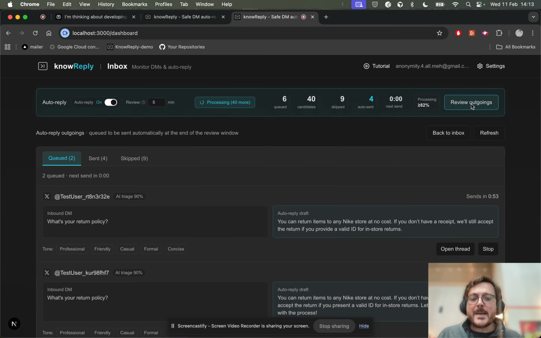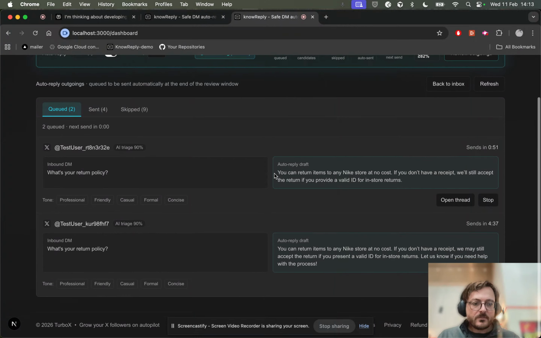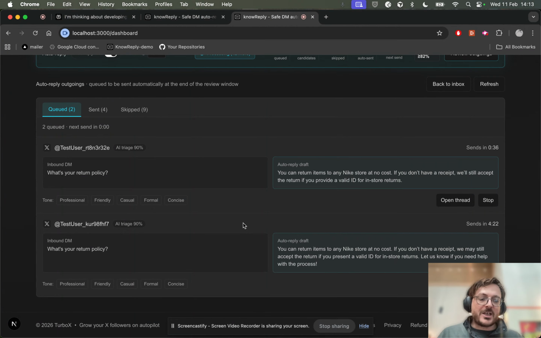Let me show you exactly what happened when I open the detailed view. This is the outgoings queue. So these are responses that have passed all checks and that are set to be sent. Like this one is going to be sent in 40 seconds, this one is going to be sent in 4 minutes. But this view gives you a chance to go through all of these drafted answers and just check them